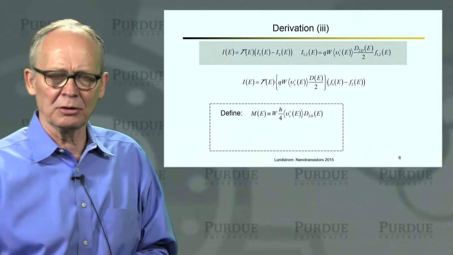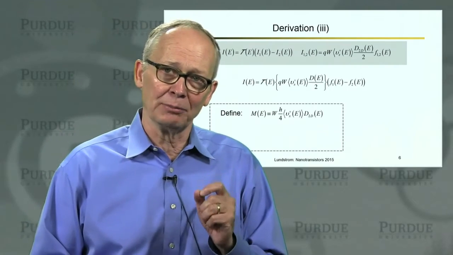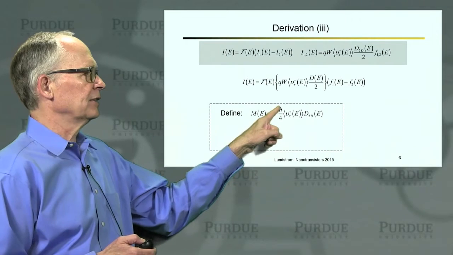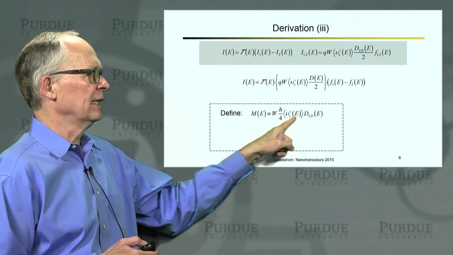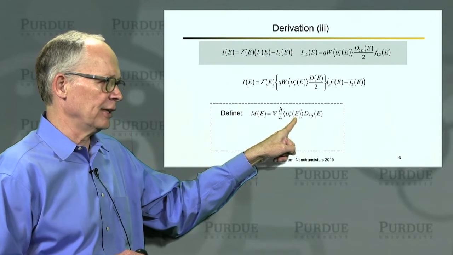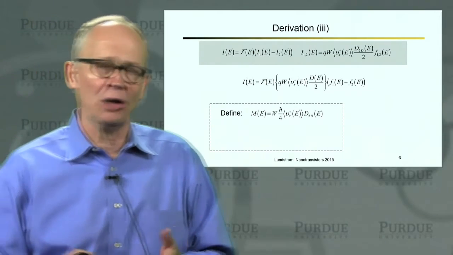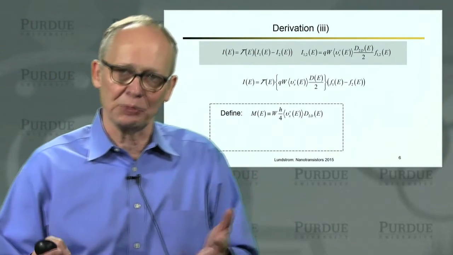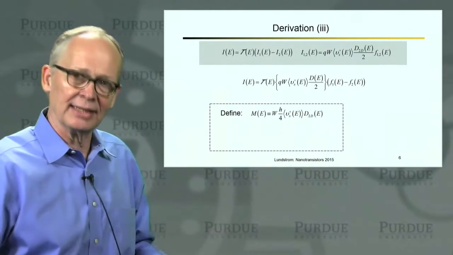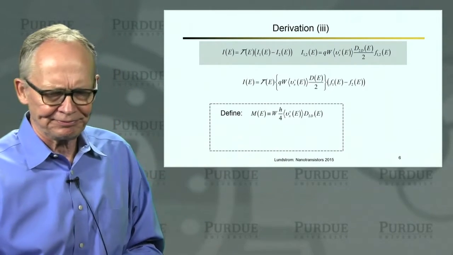Now let's look at that a little more. I'm going to define a quantity we call M, which is going to be very important in our discussions later. And I'm going to define it as Planck's constant divided by 4 times the width times the average velocity in the direction of current flow at the energy E times the density of states. And we're talking about 2D now. We could do this for a 1D nanowire or 3D bulk semiconductor. But we're focusing on 2D because we're thinking of an inversion layer in a MOSFET. And then I've divided by 4.